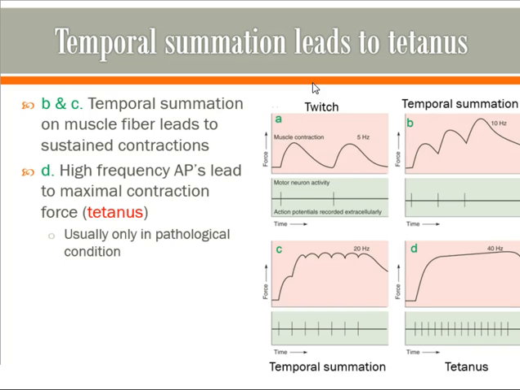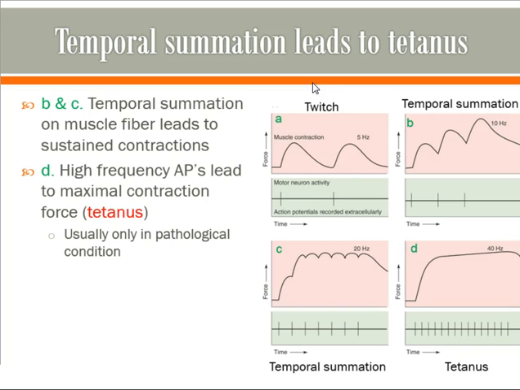So in this case, what you're seeing here is that we've increased frequency even more in terms of how often we're stimulating the motor neuron. And here we're stacking on top of each other such that we're almost not giving it a chance to relax at all in between stimulations. So this is first twitch, second twitch, but just as we start to relax from the first twitch, we have a second twitch occurring. And if you increase your frequency of stimulation high enough, you get to a peak amount of force that the muscle tends to contract at. At this point, these two things are sometimes also referred to as incomplete tetanus.